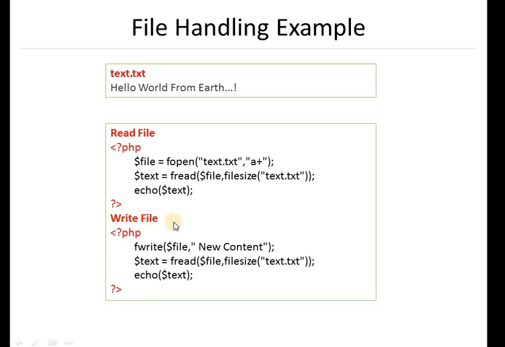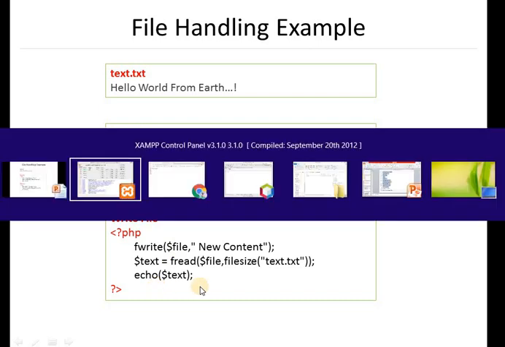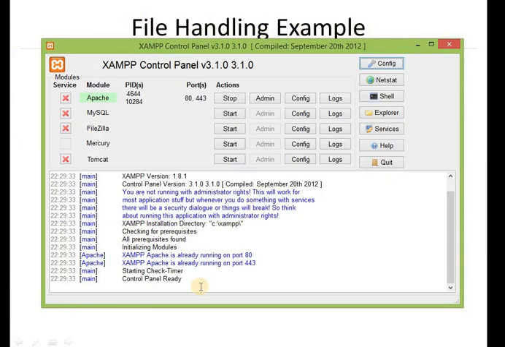Now if I want to read a particular file, obviously I first of all have to write using the fwrite function. This is the new content that I want to write. After that, once we have written content in this particular file, to check whether this content is there or not, first of all I have to read this file. So this is the fread function, just like the previous one above. Now let's see this in the IDE.